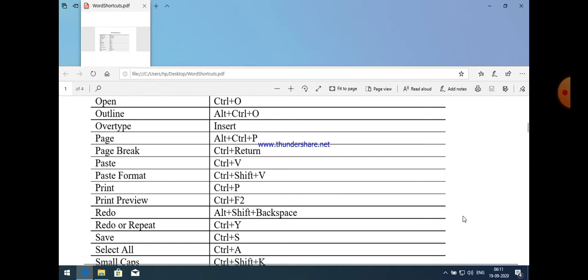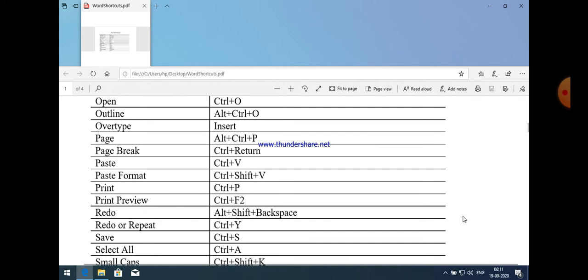Next, paste format, Control plus Shift plus V. And then print. If you want to take a print, then the shortcut key for that is Control plus P. And if you want to see only the print preview, then there is a shortcut for that, Control plus F2. Okay, Control plus F2. F2 is a function key. And undo, redo buttons are also there.